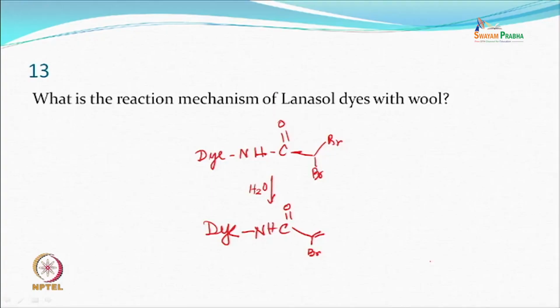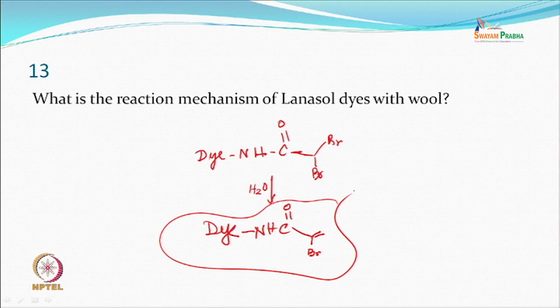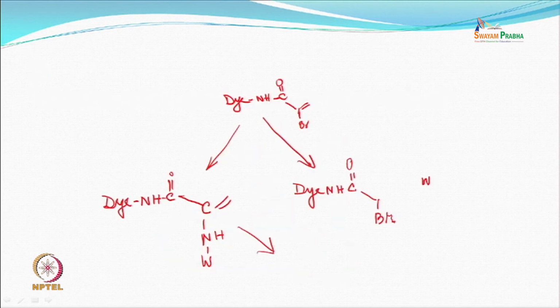So, you have a dye which obviously has a possibility of reacting anywhere, let us say. Even water also at certain temperatures you can expect one of the bromine goes off, possible. And so, you create some groups which are ready to react, right. So, when the dye is in this form, then it can react in two ways with the wool or amino acids. One, that it can react and make a compound of this type and this portion still remains free,